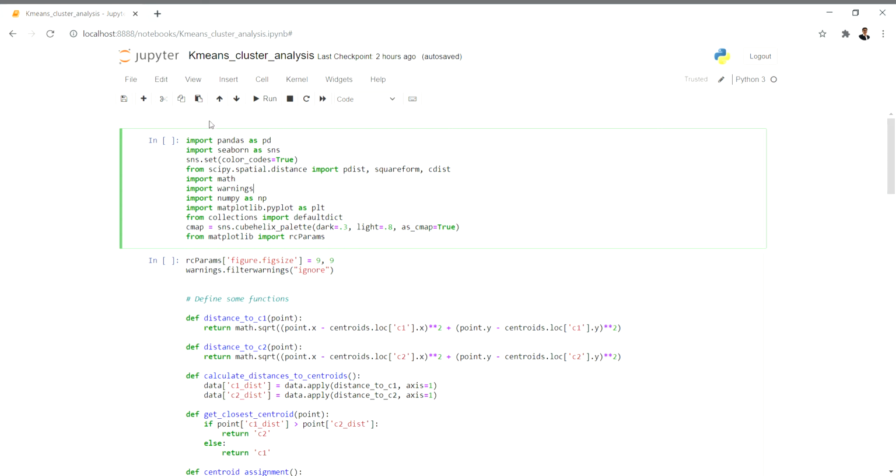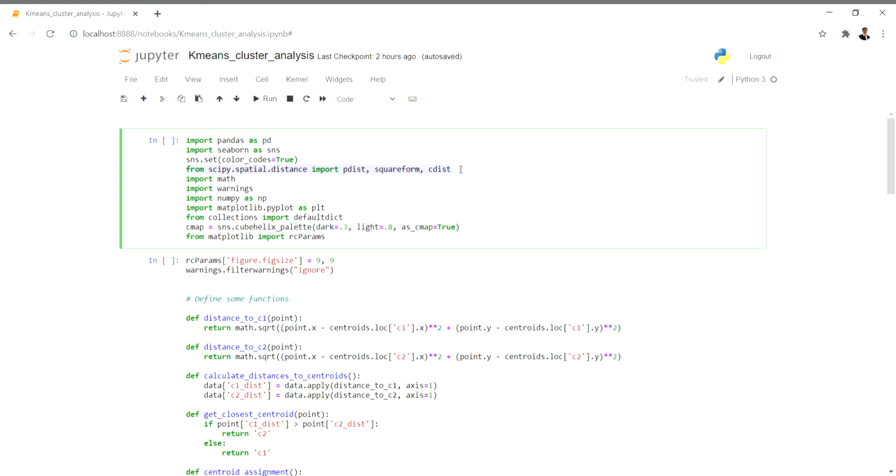Here I'll not take the risk of not using the pandas library, because everywhere pandas is used. So I'm using pandas, I'm using seaborn, and the color codes, that is true. And from scipy spatial distance, I'm importing pdist, squareform, and cdist.